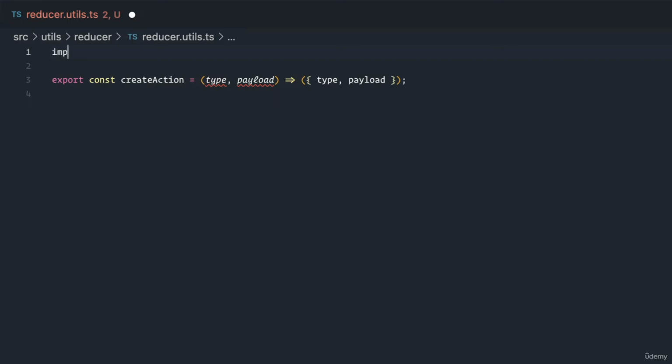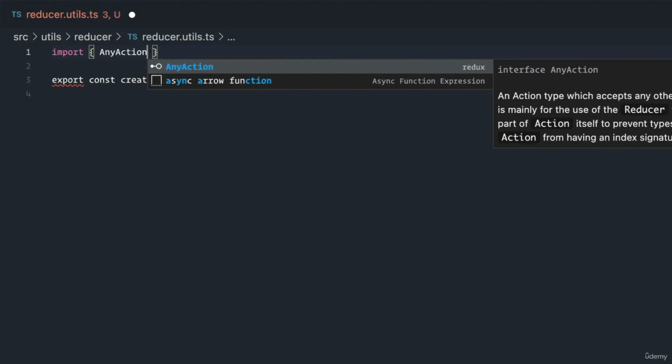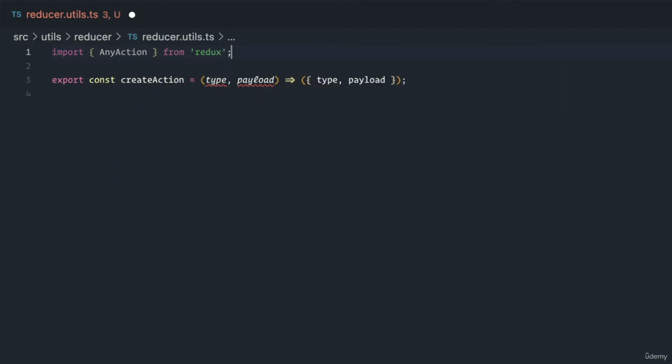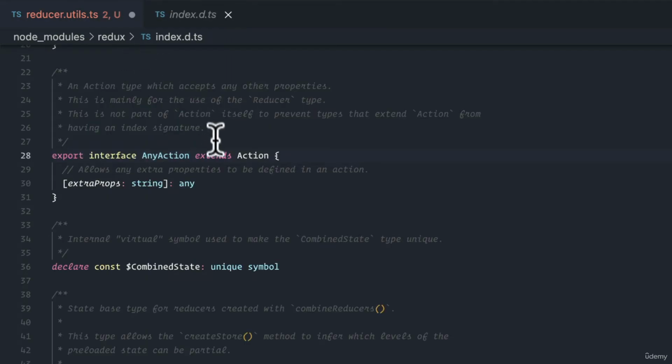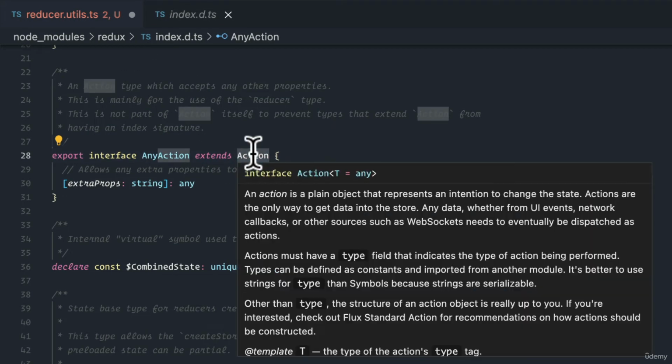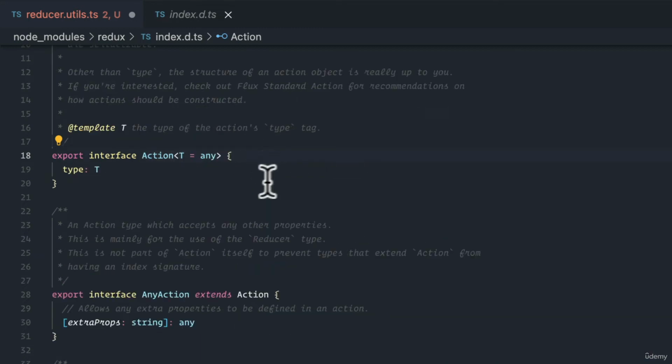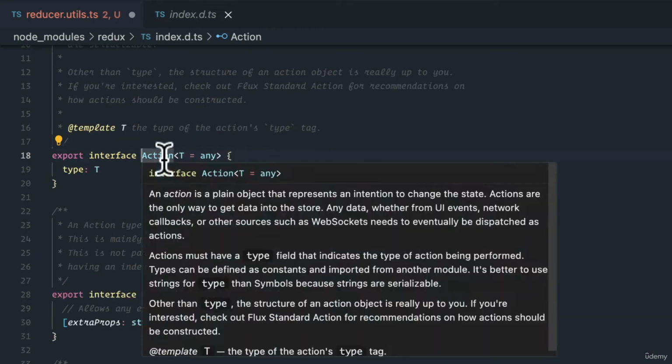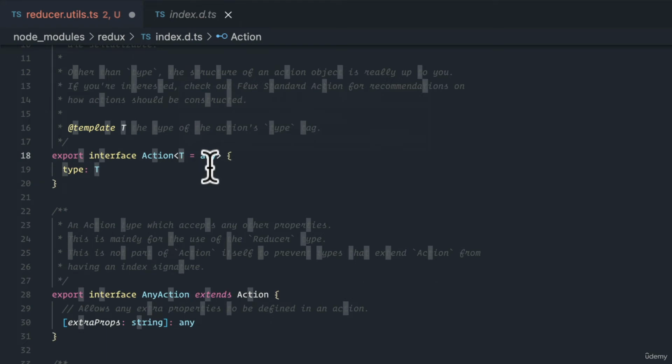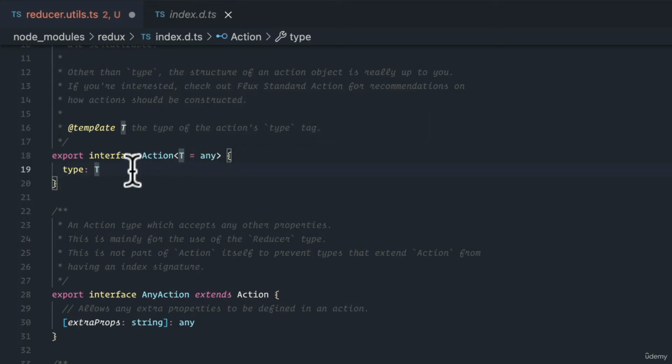So the first step is we need to import in this anyAction type from Redux. The anyAction type is essentially an interface that extends upon this action type. The action type is just an action interface that has this generic T. This T can be anything. But the idea here is that this T is going to go to some type value. Now, when we go back to that anyAction,